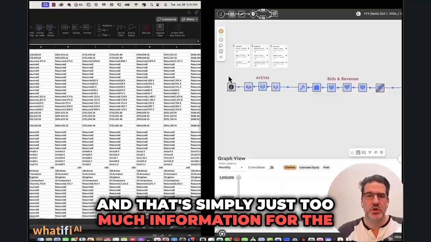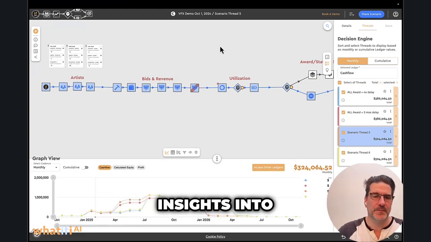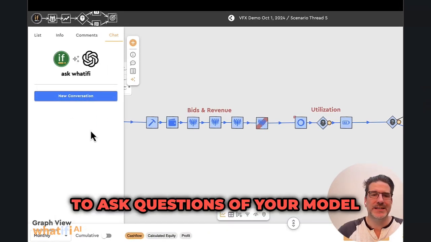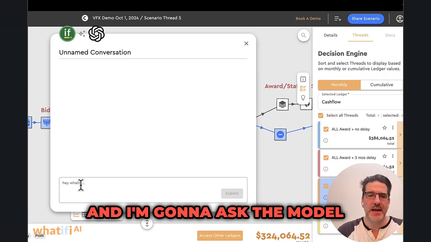And that's simply just too much information for the average person to be able to parse and kind of get any insights into. So that's where our OpenAI integration has come along. So you now have the ability to ask questions of your model. So I'm going to start a new conversation here right now, and I'm going to ask the model,